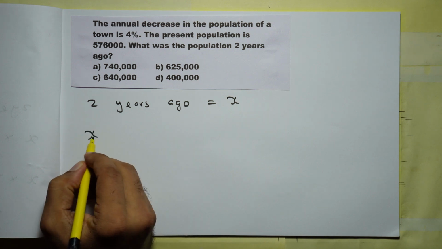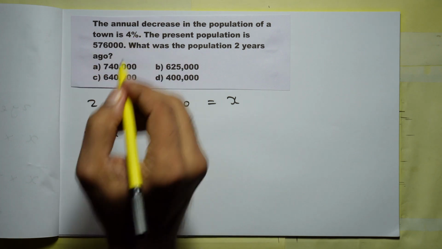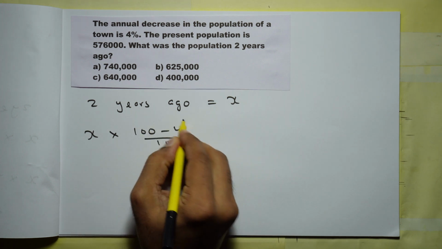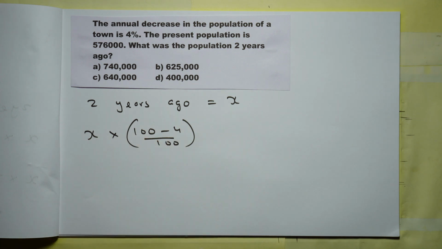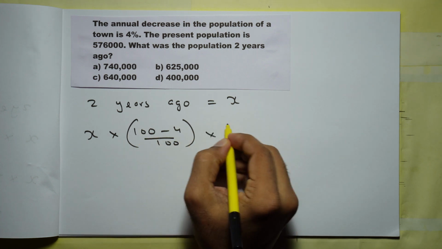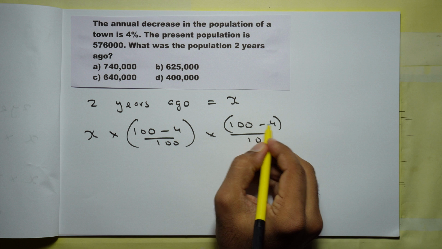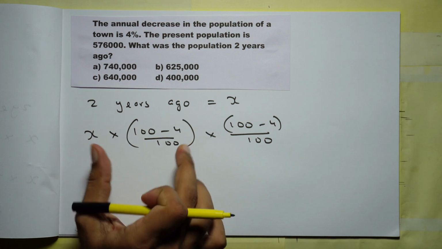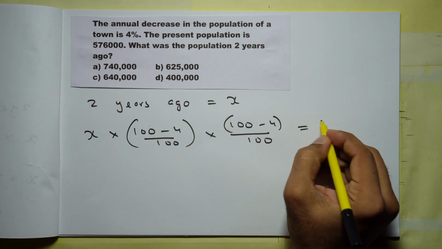So 2 years ago it was X, and in the first year the population will reduce by 4%. So we'll reduce this value by 4%, that is 100 minus 4 by 100. So this is the population after 1 year, after the end of the first year. And during the second year also, again the population will reduce by 4%. So into 100 minus 4 by 100. So this is the population after 2 years, that is the present population. X is the population 2 years ago. After 1 year it became this, and after 1 more year it became this. And this is the present population, and that is given as